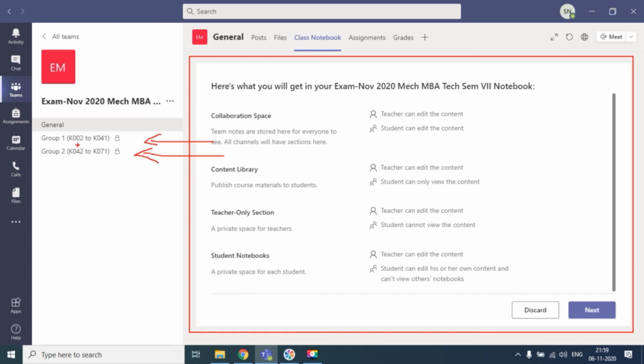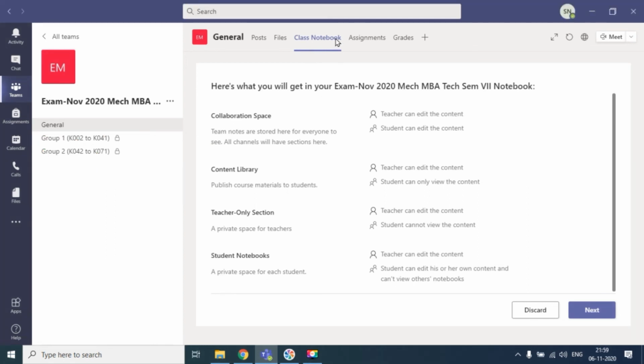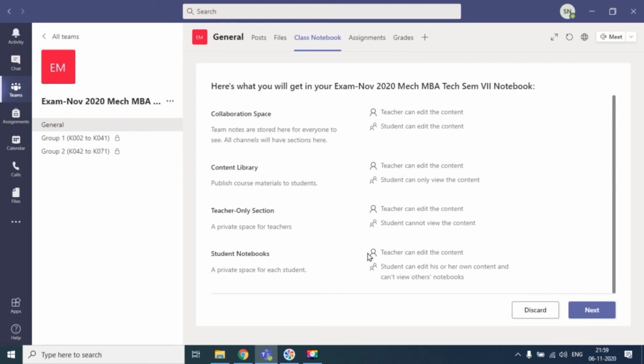Not in this particular group, but in the team the students should be there, because by default Microsoft Teams is going to create a student notebook also over here. So once all the students are there, after that this small activity needs to be done,